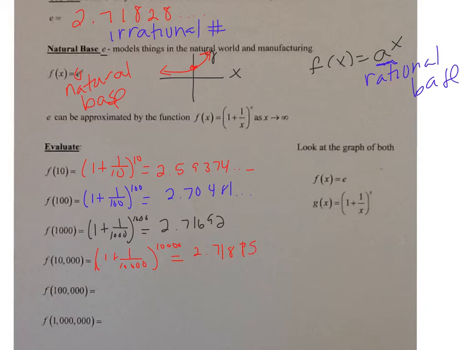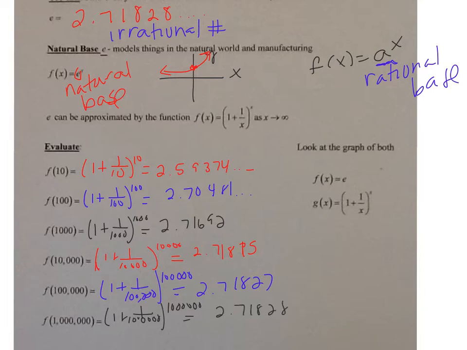Let's do f of 100,000. So it's (1 plus 1 over 100,000) raised to the 100,000 power, which comes out to be 2.71827. See how close I'm getting? I'm at 27 and I'm here at 28. Let's do f of 1,000,000. So (1 plus 1 over 1,000,000) raised to the 1,000,000 power. And this comes out to be 2.71828. See how close I'm actually getting. As my x value is increasing to positive infinity, I'm getting closer and closer to this number here, base E,